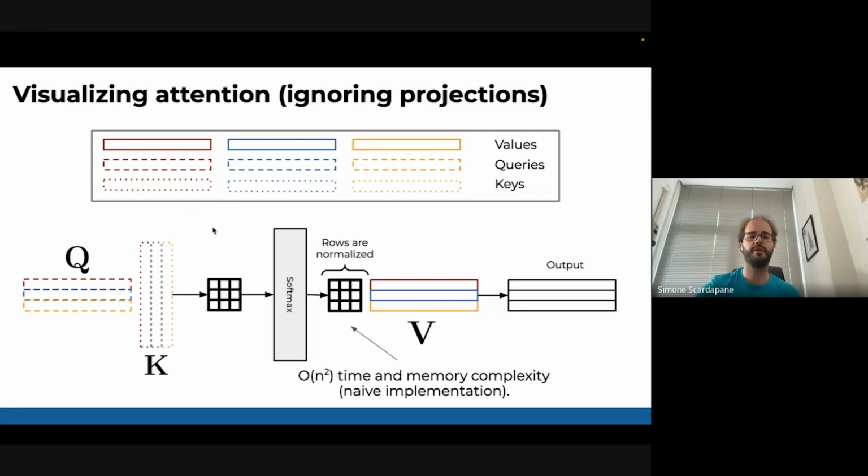At some point, you will have some queries and some keys, computed from your tokens, and you need to build this quadratic matrix that tells you how the tokens are interacting between themselves. This is very problematic because it has square memory and square time complexity. Memory only if it's implemented in a stupid way.